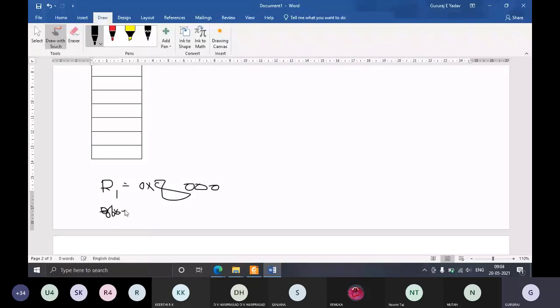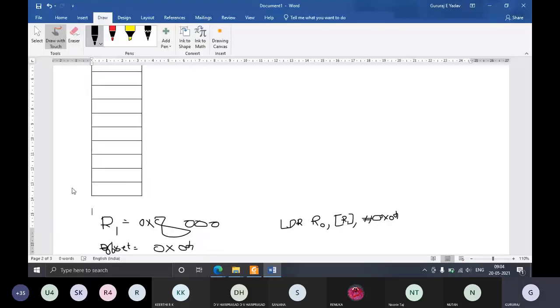I'll take the offset to be 0x04. So the instruction is LDR.W R0, [R1], #0x04. This is the offset.